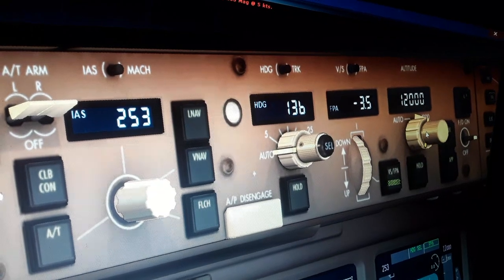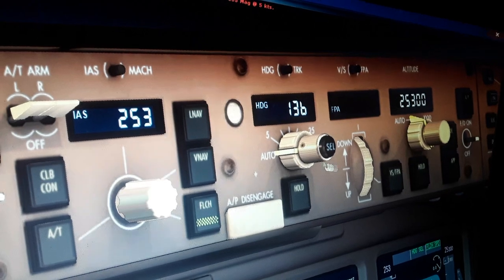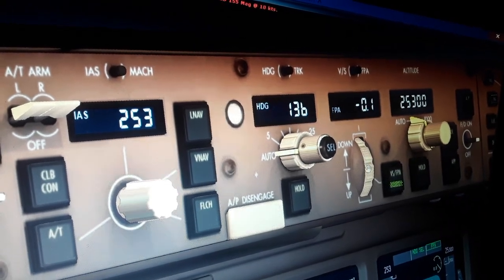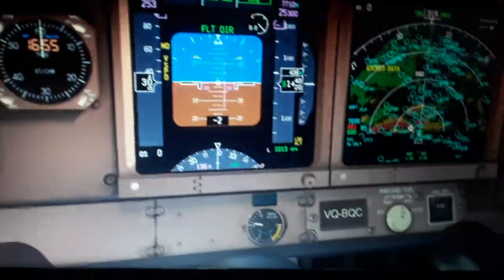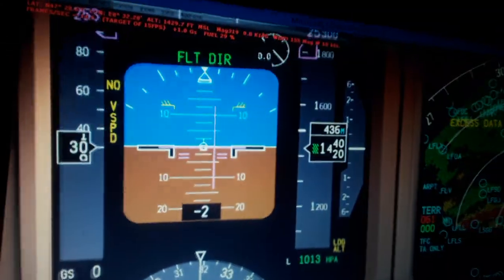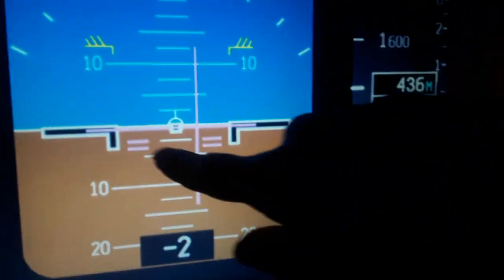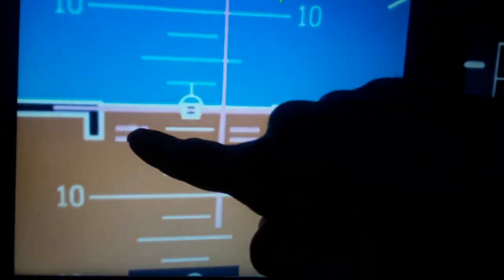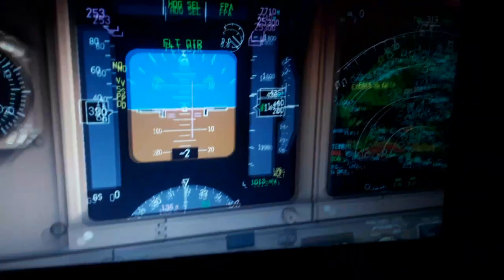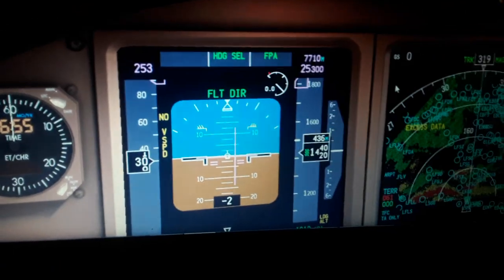the altitude select, change vertical speed. So we have the negative here, flight path angle. You will see the negative to distinguish a descent, or the positive to distinguish a climb. You will see here in the primary flight display the indication with the tick mark. Here now is the descent, the 3.5 degrees descent path. So we have this target altitude, flight path angle and heading select,